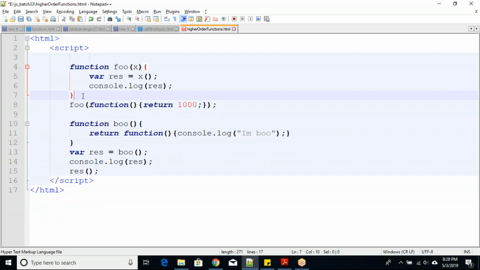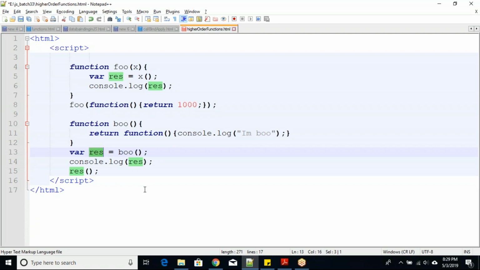Why? The first thing is foo can take a function as an argument, so foo has become a higher order function. Boo returns a function, so it is also a higher order function. So foo and boo are the higher order functions. If a function returns a function, how it should behave, all these things have been discussed over here. Hope you got my point.